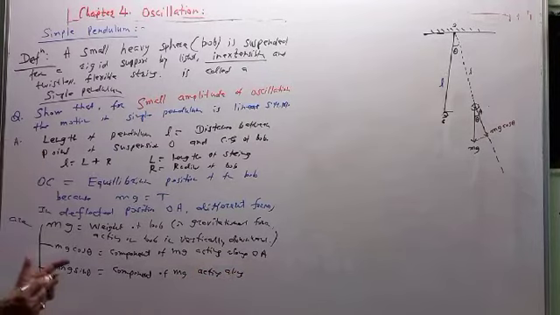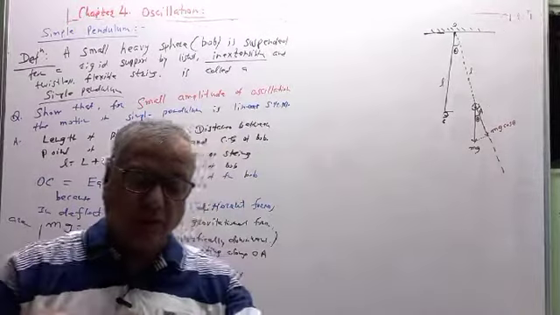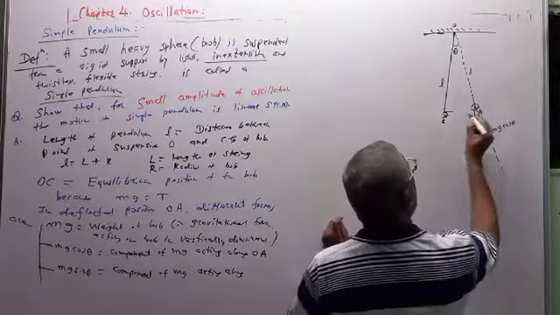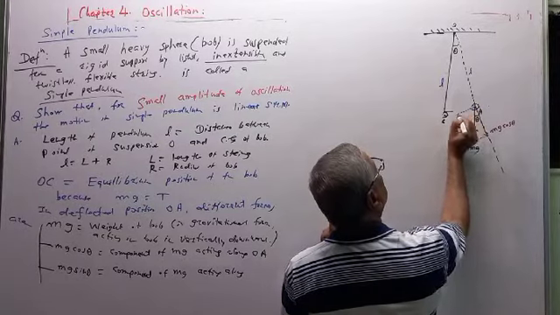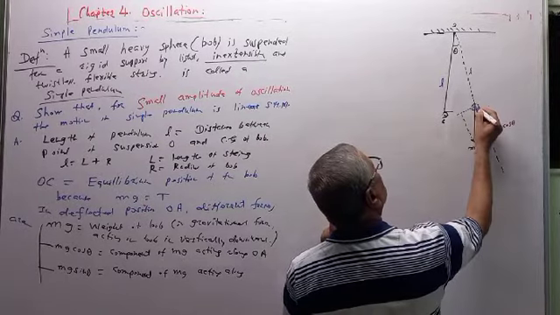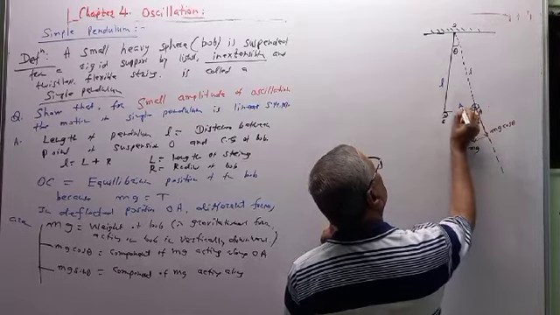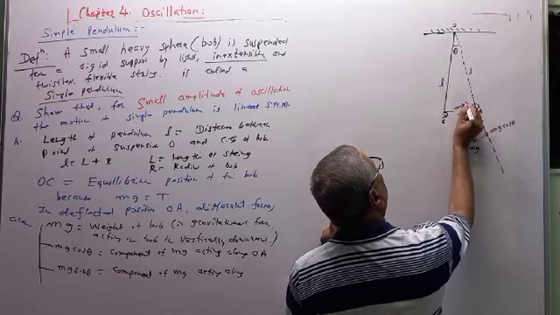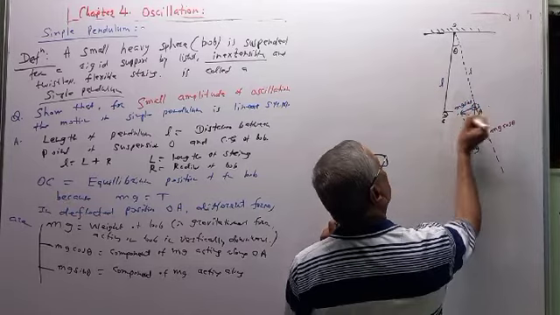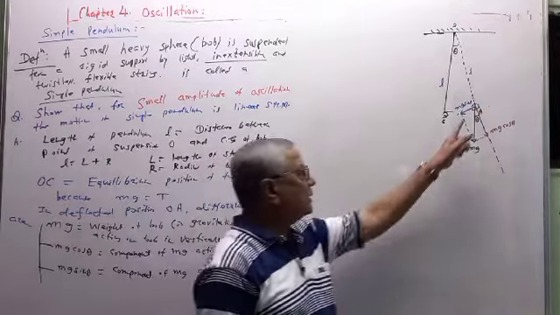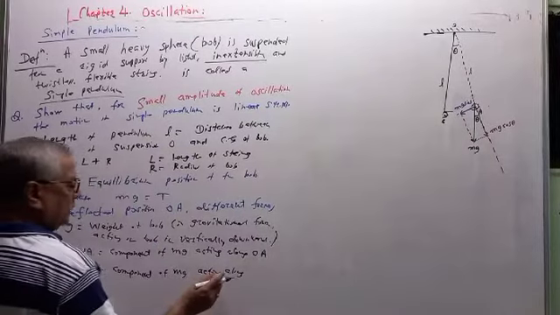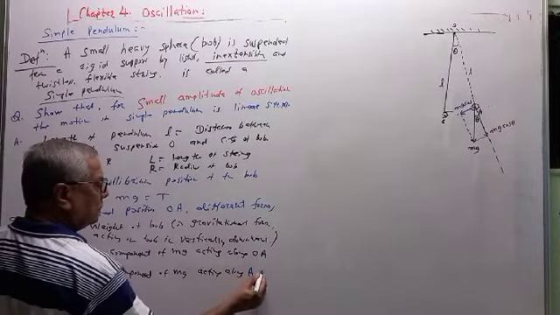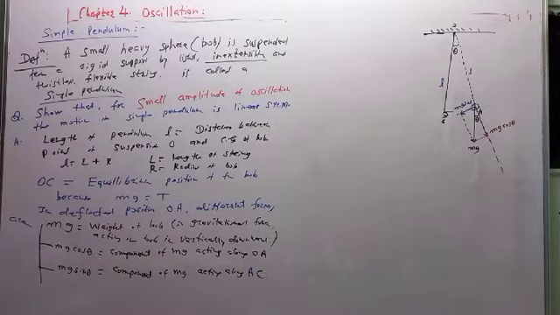Now the mg sin theta component we have to add in the figure. So if we draw perpendicular like this, then this component is mg sin theta. Now see the direction. mg sin theta is directed from A to C, is acting along A to C. So mg is the main force, gravitational force acting on the bob due to the earth. It is divided into two components, mg cos theta, mg sin theta.